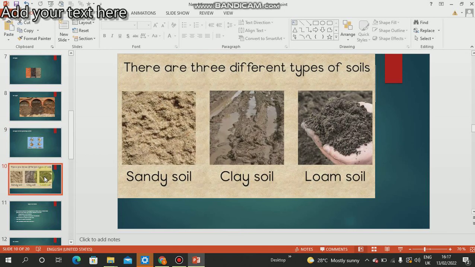By looking at this real picture of soil that is mixed up with water, we can differentiate the various types of soils using this as one of our visuals. So allow me to go to the third topic, which